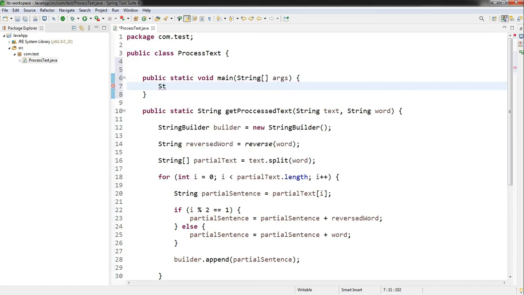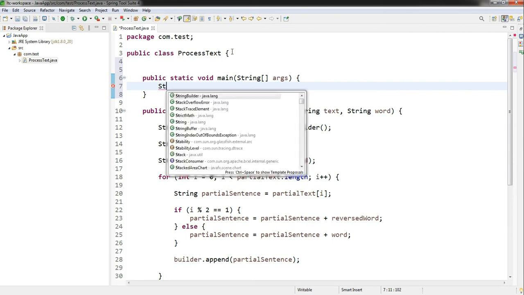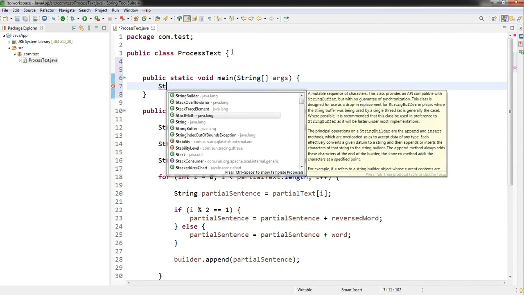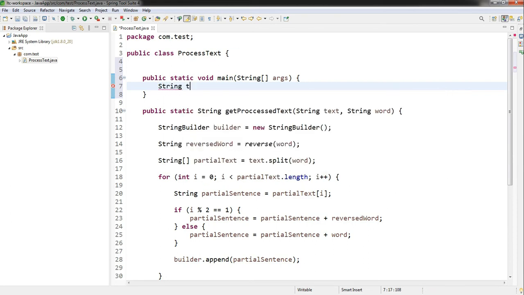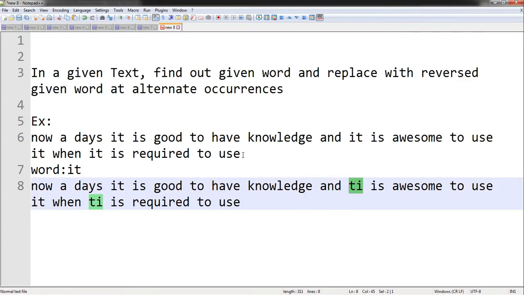Then I will create two variables. A String variable text equal to double quotes, and I will take this text here.